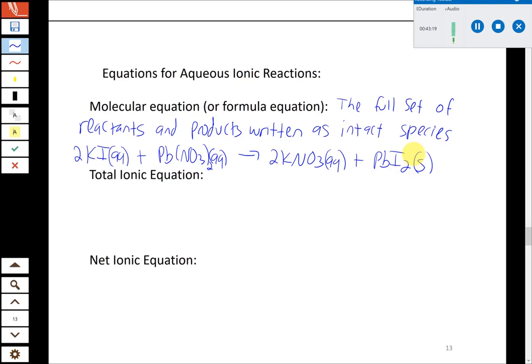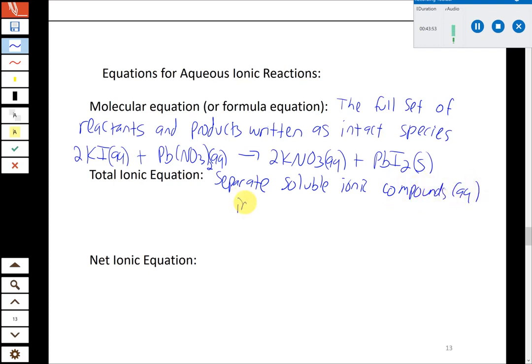All right, the other way that we can write this one's not as common, but in some cases it's helpful to write this out to be able to get from the molecular equation to the last one, which is net ionic. So sort of the intermediate point is the total ionic equation, where we're going to separate anything that's soluble, anything that has an aq next to it, into its individual cations and anions, which is what happens when those things are dissolved in solution, as we know. Okay, so we're going to separate soluble ionic compounds, which are the ones that have aq next to them,